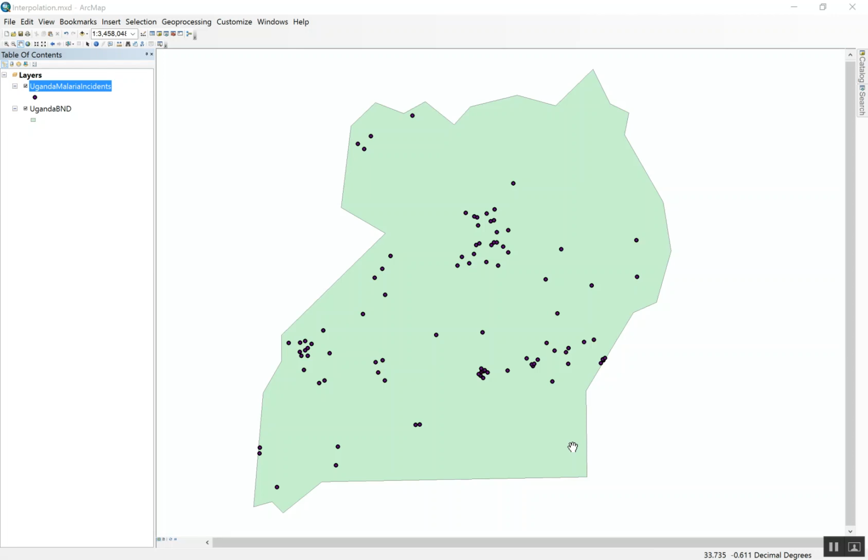Welcome to the demo part of the interpolation lecture. So what I have over here is the data that I'm going to add to this video. It includes a